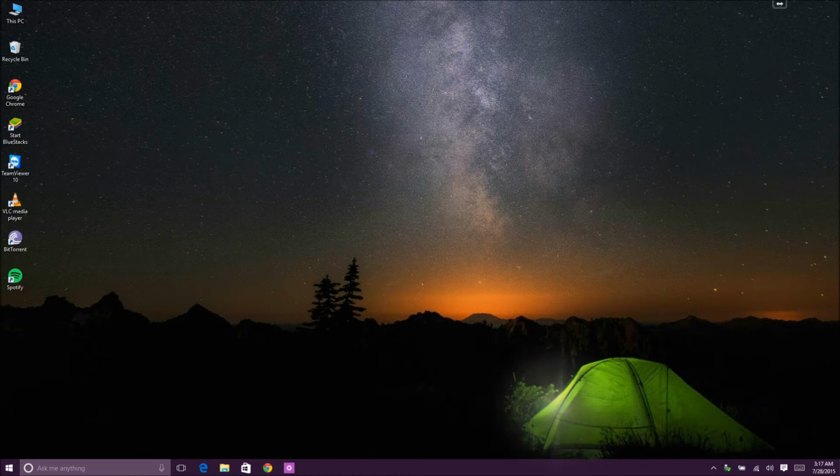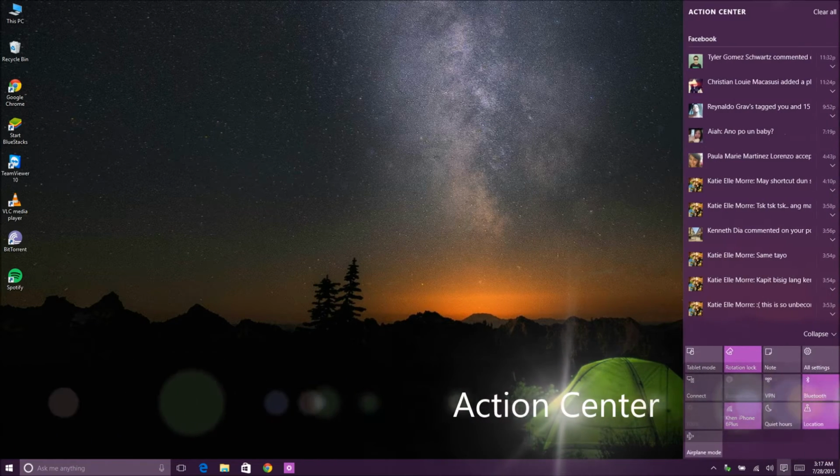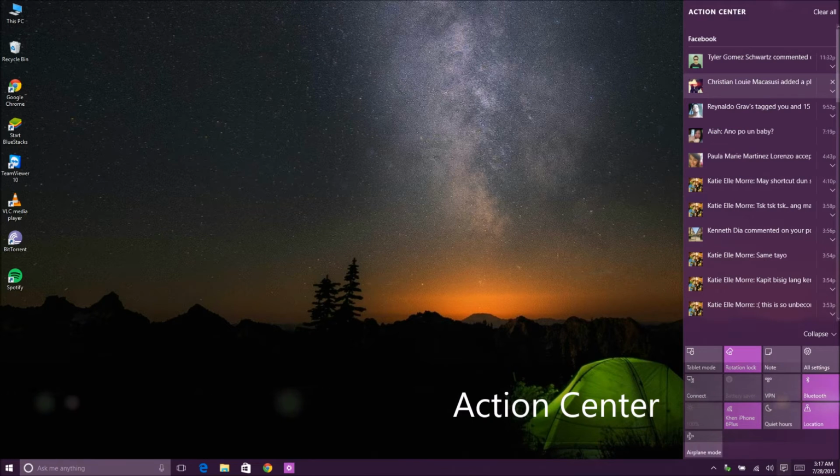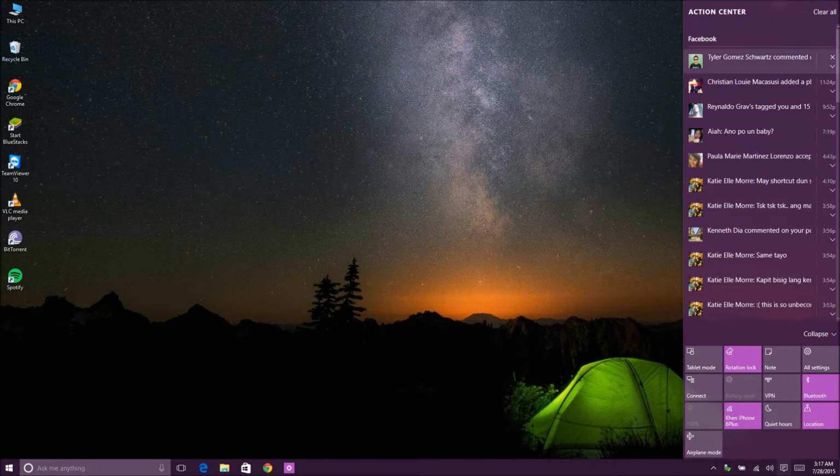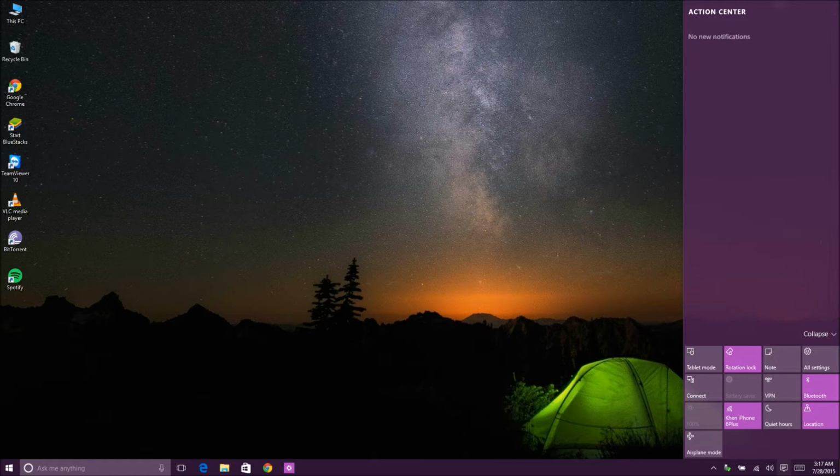Then another change is the Action Center. Just like on a traditional smartphone, you will be able to see all of your missed notifications here, and of course you can dismiss them or just clear them all. And you have your quick toggles here, turning on and off your location service, your Bluetooth, Wi-Fi connection, and all